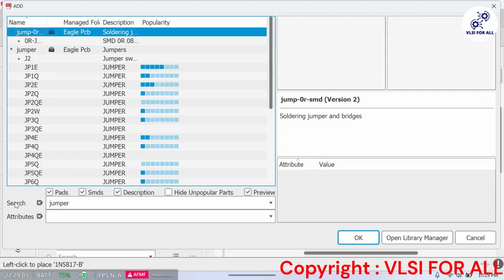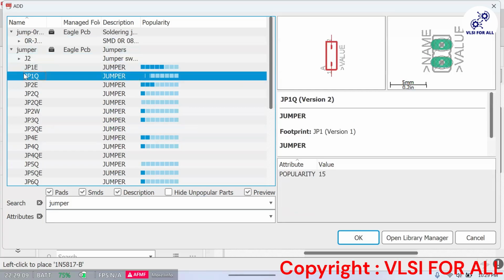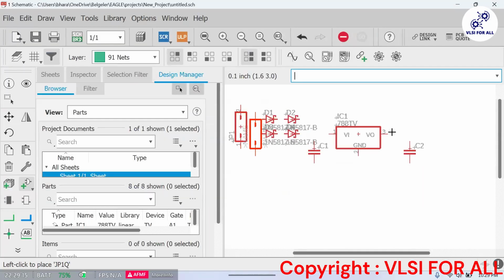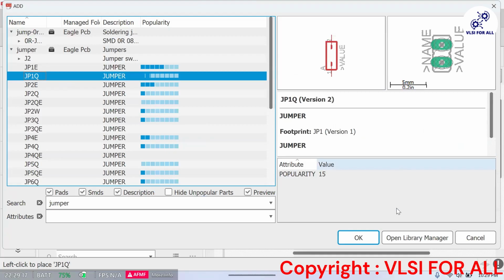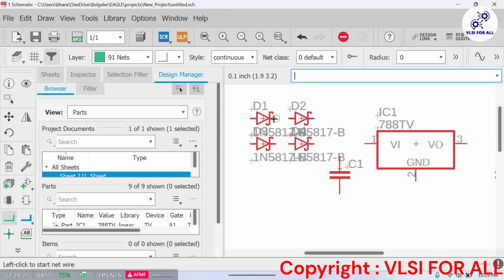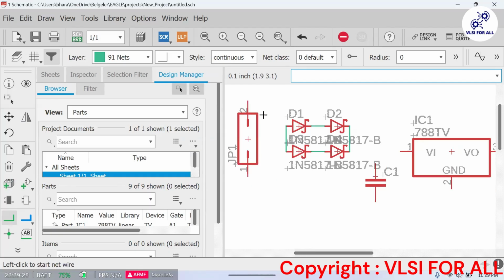Here we can use a jumper for now. Okay, temporary, we will use a jumper. So two we will take. One we will put here, one we will put here. So first we will try to connect them. First connection is required. Then from this terminal only, we will try to connect the systems.